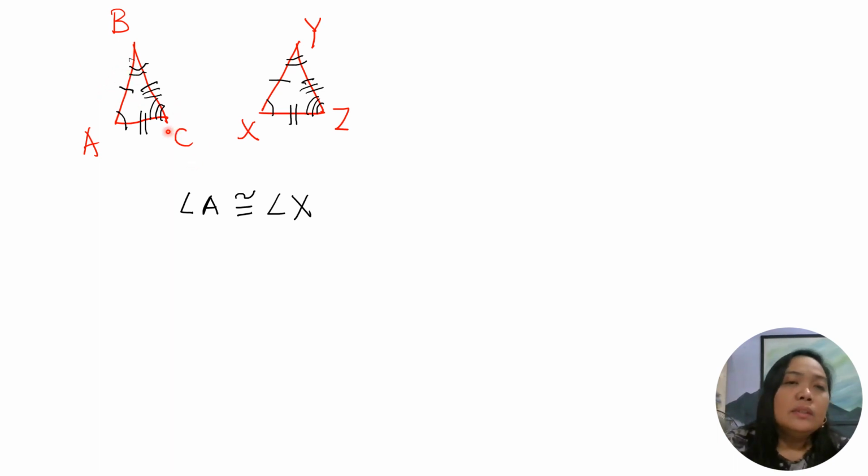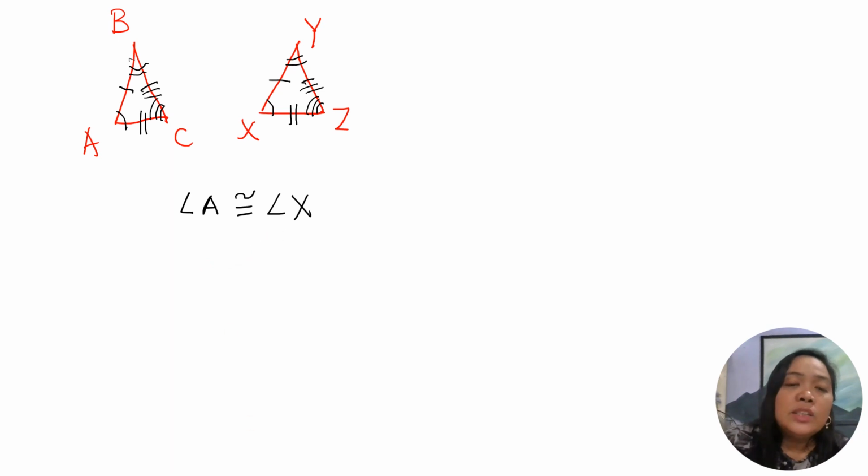Therefore, these two triangles, triangle ABC is equal to triangle XYZ, which will lead to our last statement there, which says two triangles are congruent if their corresponding parts are